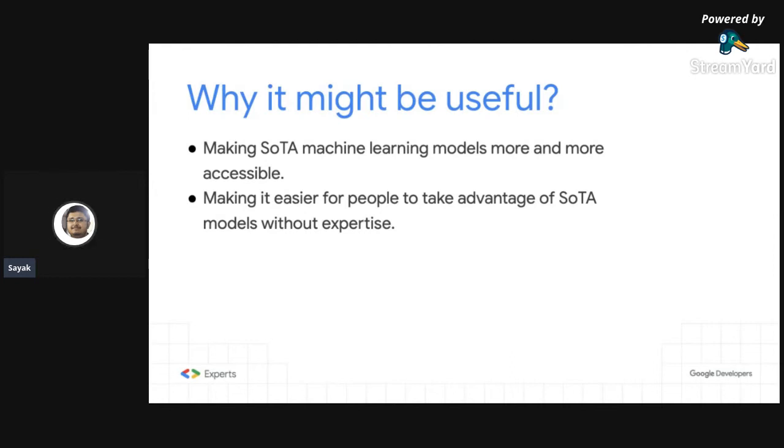So clearly enough, TensorFlow Hub can cater to two different worlds of machine learning practitioners, like machine learning engineers who want to build models and integrate them as a part of a larger system, and also machine learning researchers who want to be able to do quick ablation studies across different state of the art machine learning models. So I think TensorFlow Hub can holistically cater to both of these worlds of engineers and machine learning researchers at the same time.